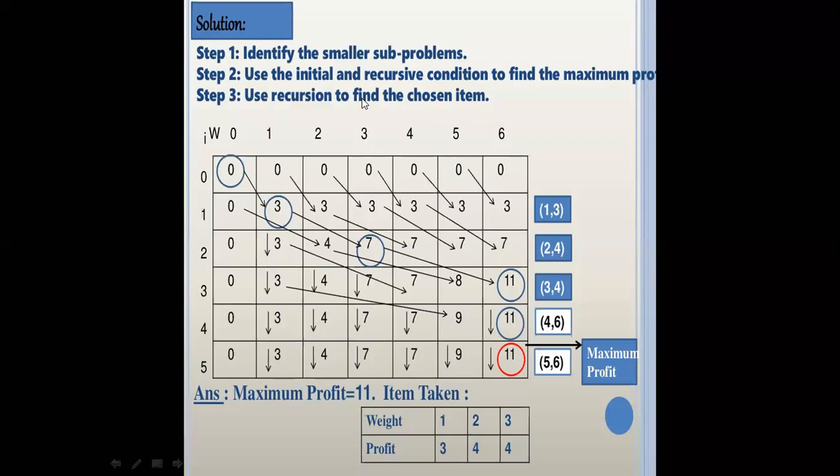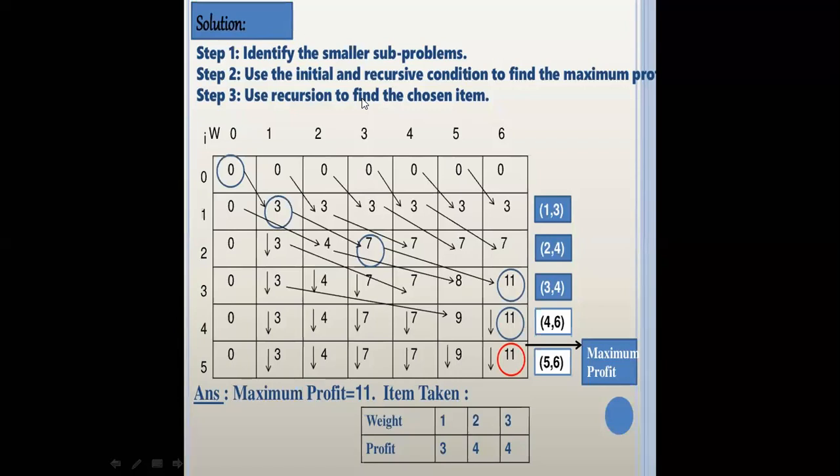The first time we applied the greedy approach, and that's why that knapsack problem is known as fractional knapsack, because in that we divided our items, we fractioned them. Now the same knapsack problem we are going to solve, but the methodology is different, and that methodology is known as dynamic programming.